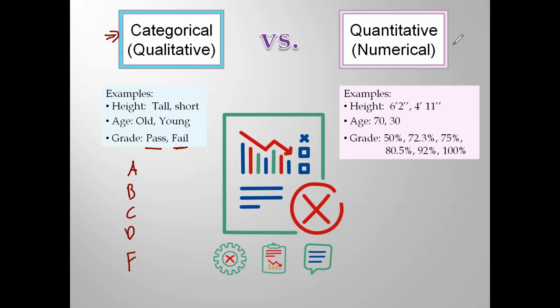If we want to think about quantitative variables for grades, then we'll think about what we received on a quiz or a test in terms of a percentage or points. So if we have 50% on a quiz or 100% on a test,